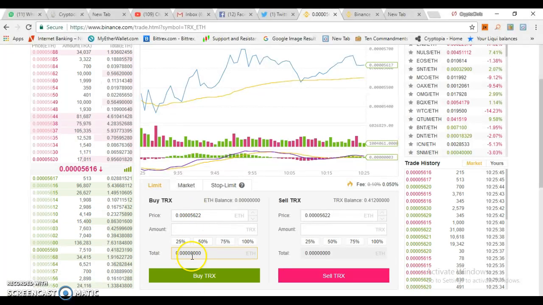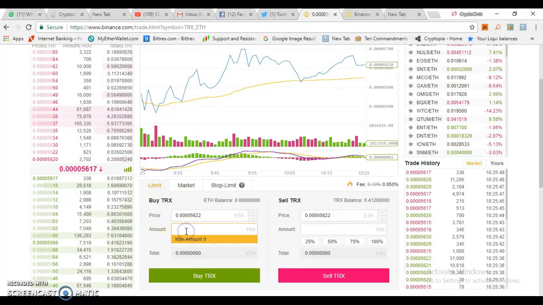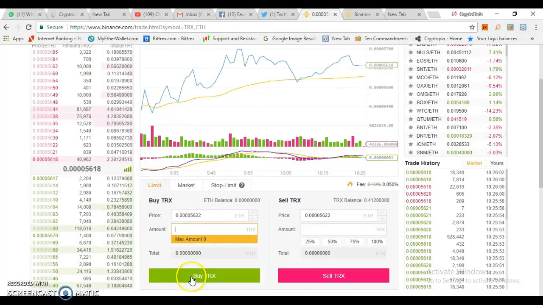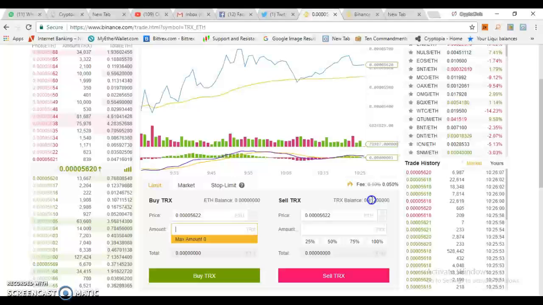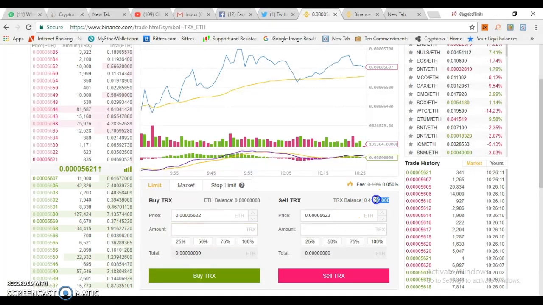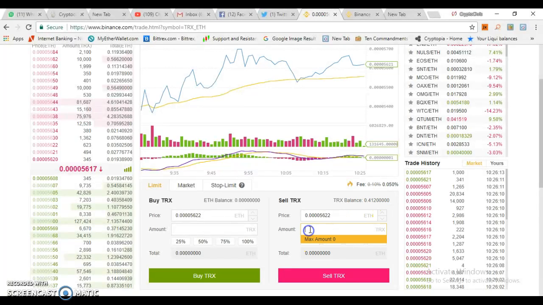You type the amount, and automatically the system will give you the amount of Tron you are supposed to get at the Ethereum price that you wish to spend. Once you are sure everything is okay, just hit buy. And the same thing if you want to sell, all you need to do is click on your available balance, or you can just highlight it, or even type it manually here. In fact, you are supposed to type it manually,